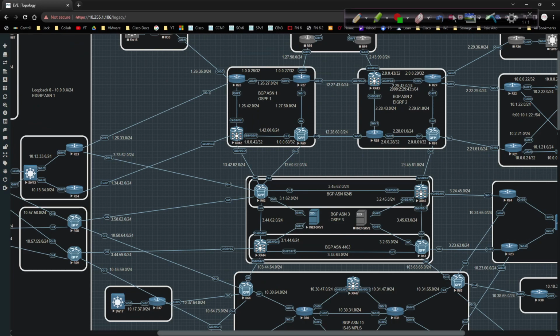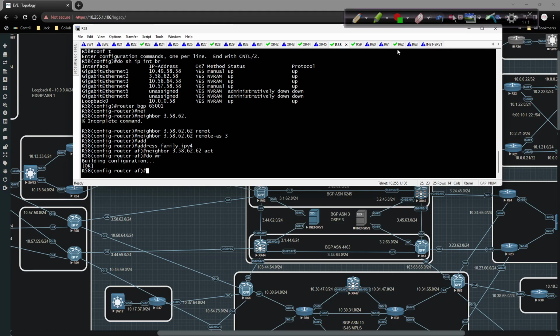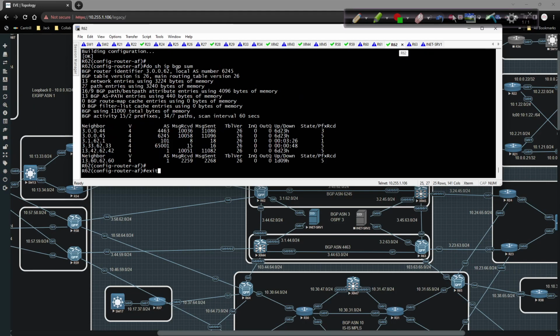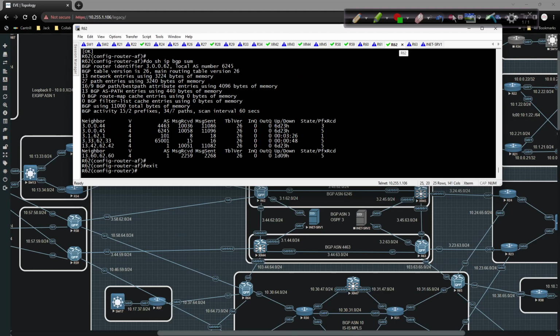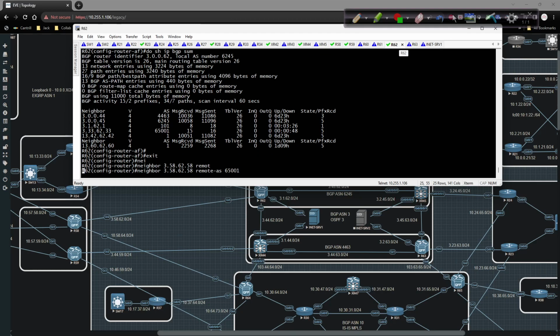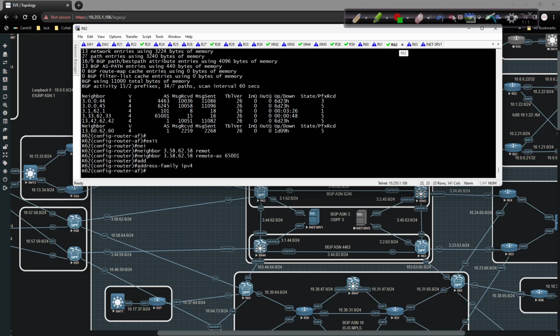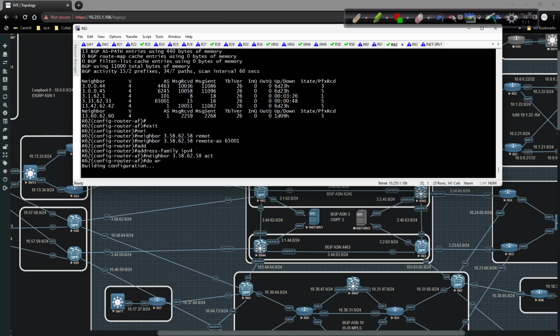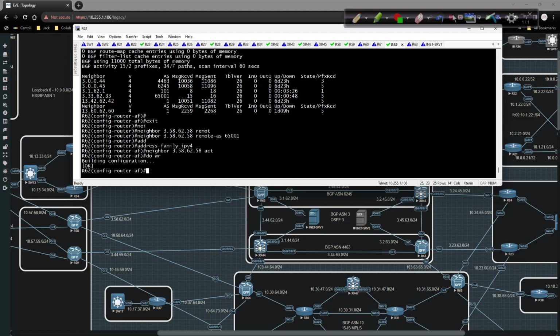So let's go over to 62. On 62, we're going to do a peering to 3.58, so we're going to do neighbor 3.58.62.58, remote AS of 65001, address family IPv4, and we're going to go ahead and activate that. And I'm going to go ahead and save that config while we're at it. So then that peering will come up, and you'll see what I mean here in just a minute once the